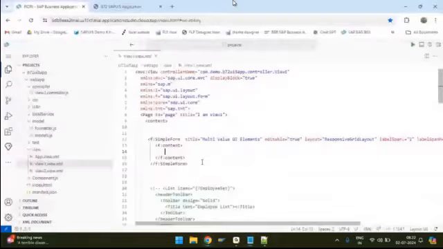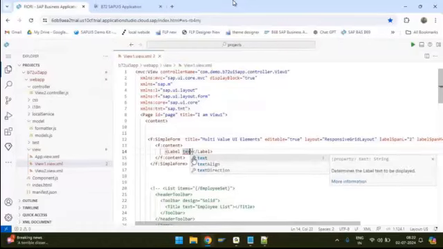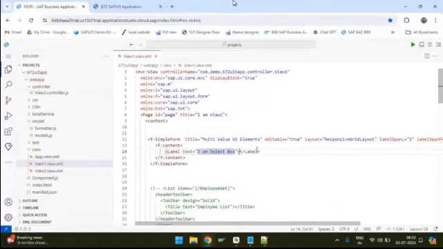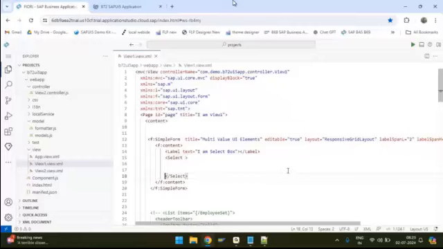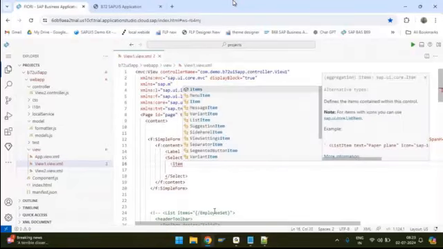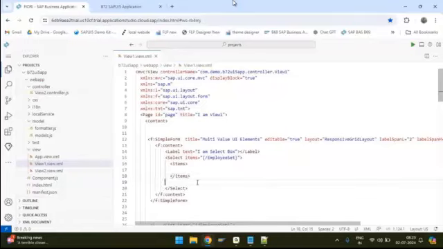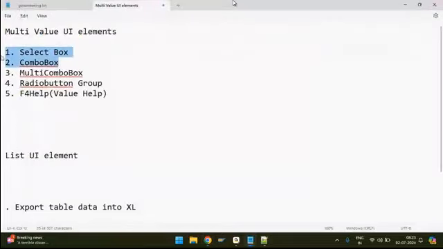Right. So under the multi-value UI elements, the first one is select box. Now let us see how the select box looks like. I'm taking a label with the text as select box, and so this is how the select box looks like. Select, items equals to /employeeSet, and inside the items tag